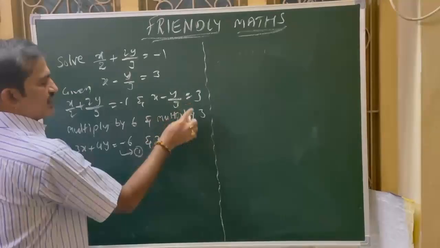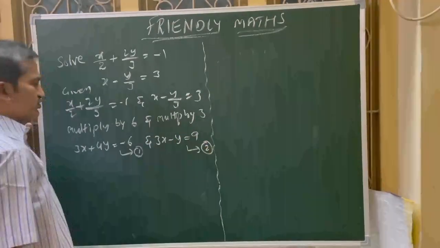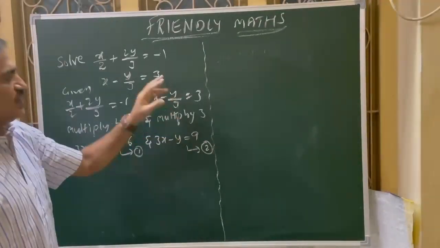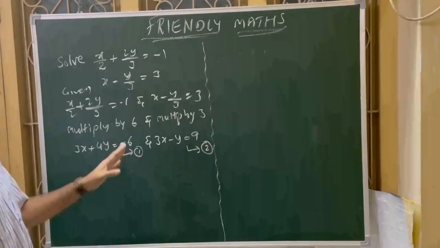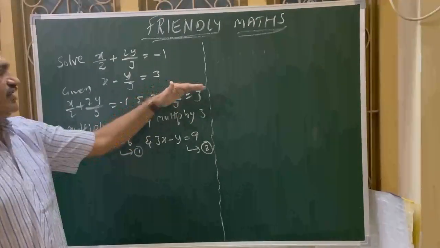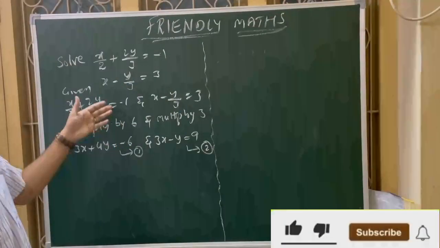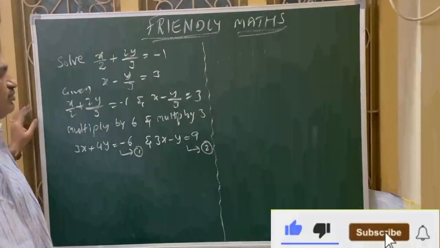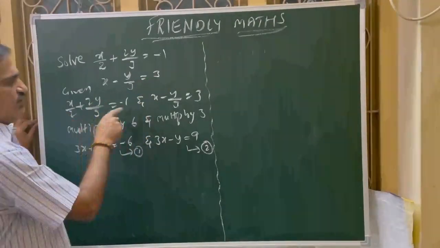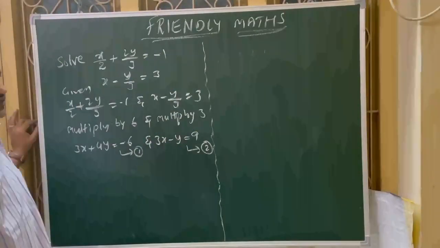Okay. Now 3x minus y. 3 3s is going to be cancelled. 3 3s are 9. Generally, we people will do some mistakes. I want to eliminate this 3, so only this particular term I am going to multiply by 3. That is wrong. You have to multiply each and every term of the equation. We should not multiply only wherever we require. That is the common mistake everybody does. If you want to multiply one particular term, the whole equation is going to be multiplied.